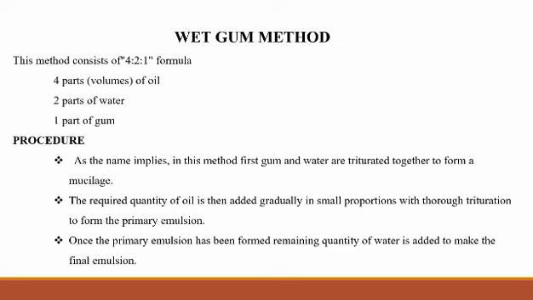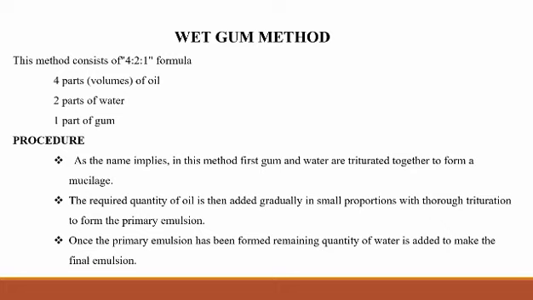Here the gum is triturated with water. Wet gum method means first of all we have to add the water. So, while triturating, we will get a mucilage. After that, we have to add a small quantity of oil to it, so that during trituration, we will get the